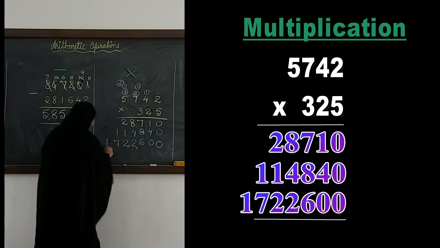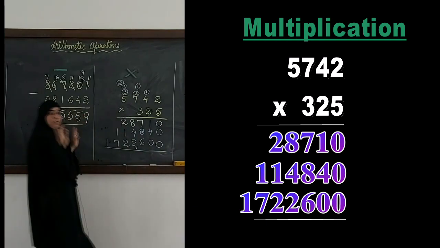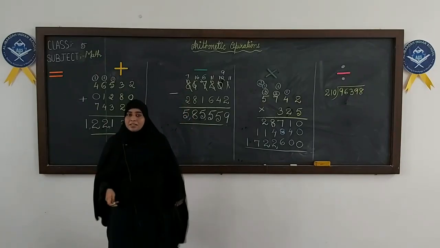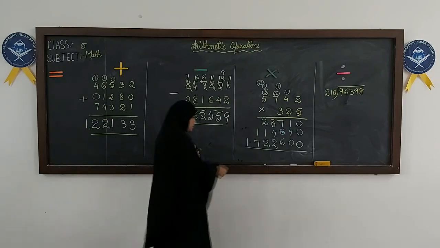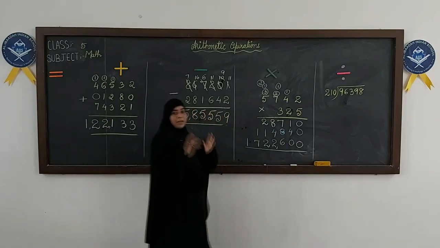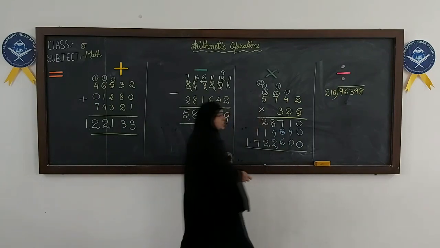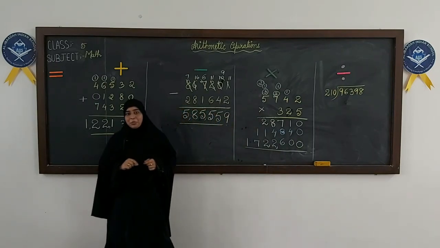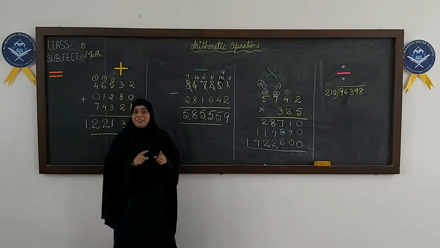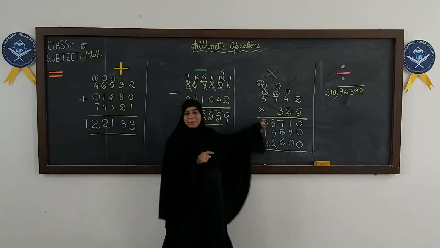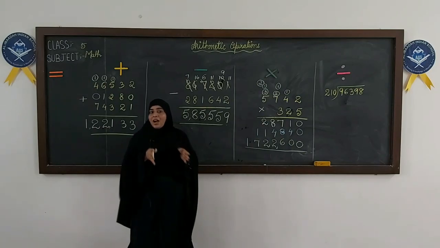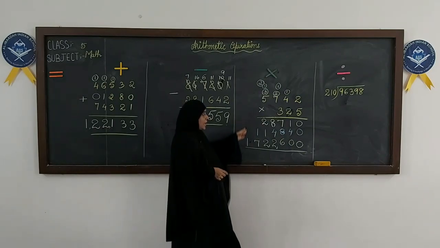So 15 plus 2 will be 17. Okay, is that all that we have to do? Do you think we have got the answer? No, this is not the end of your multiplication process. Okay, so to end this process there is one more thing that we have to do. And what is that? We have to add them and get a final answer. Okay, so let's start adding.